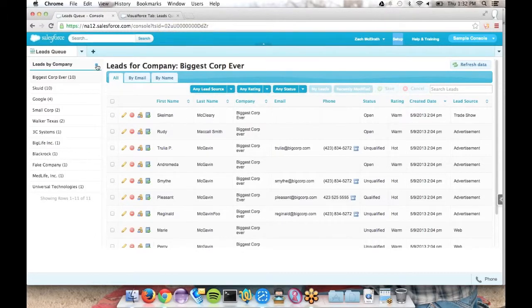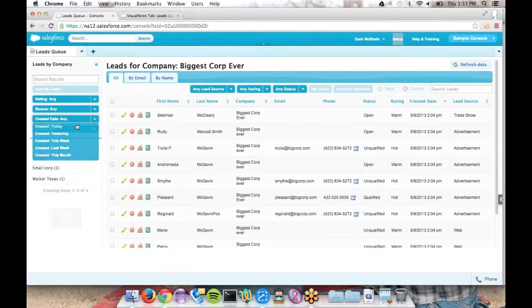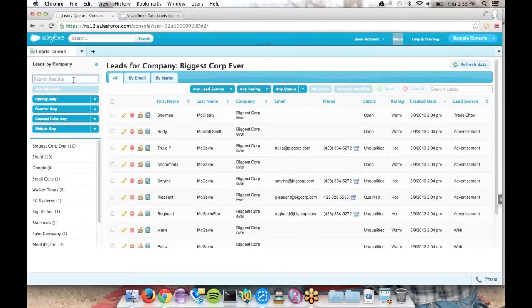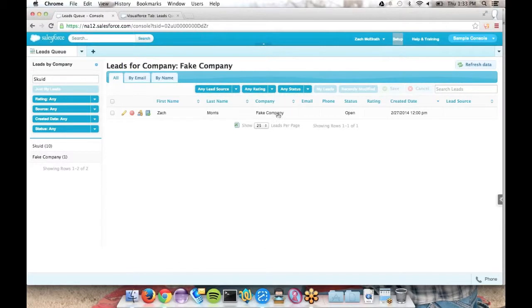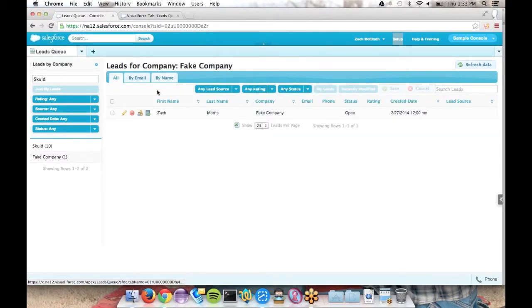So first thing I did was I created this queue up here, and I wanted to have some filters to be able to quickly get at particular records. So I want to say, just show me the really hot leads. Okay, cool. Just show me the leads that were created today. Lots of Squid leads created today. Source, status, etc. Also searching. So if I want to search for just leads from the company Squid, looks like there's a fake company here that is also affiliated with Squid somehow.